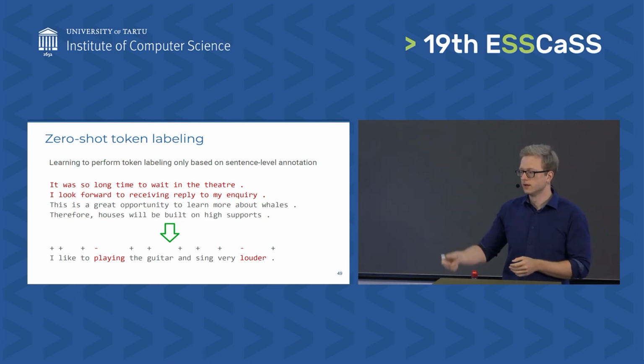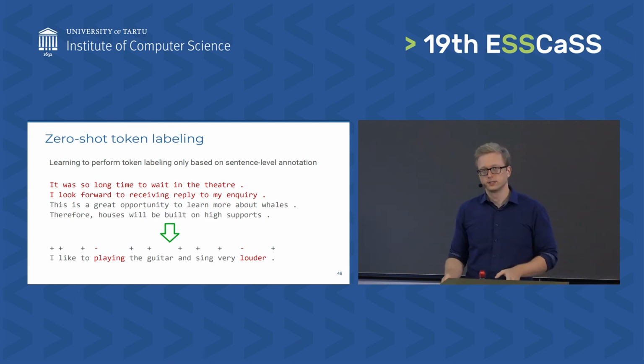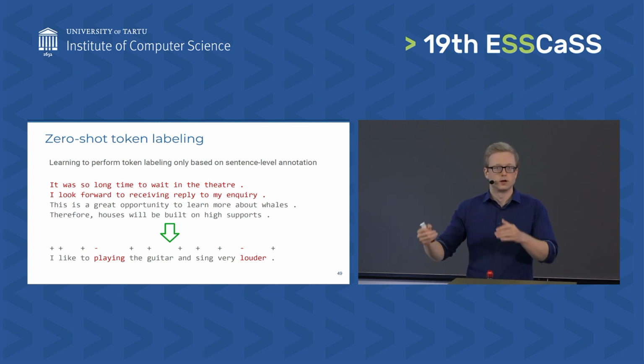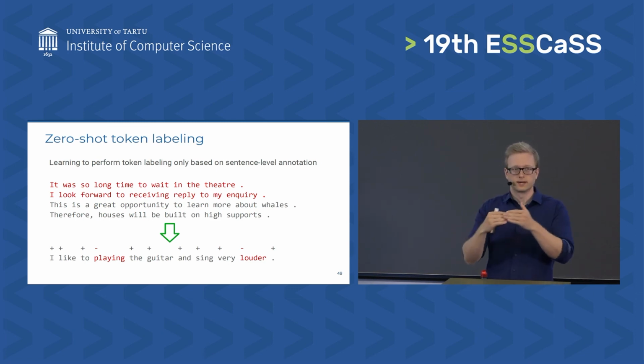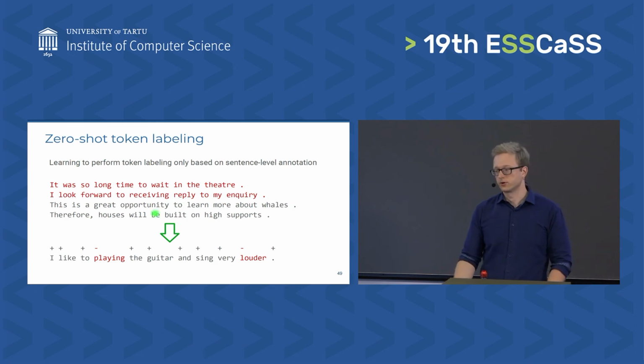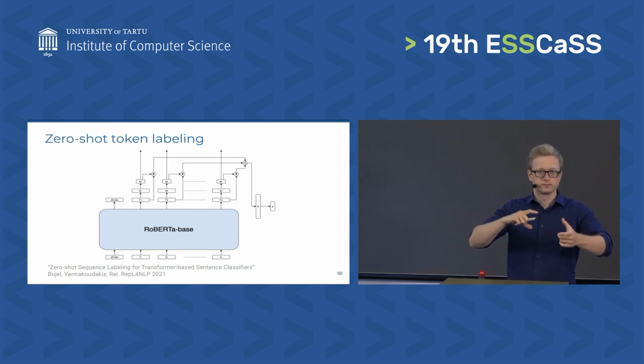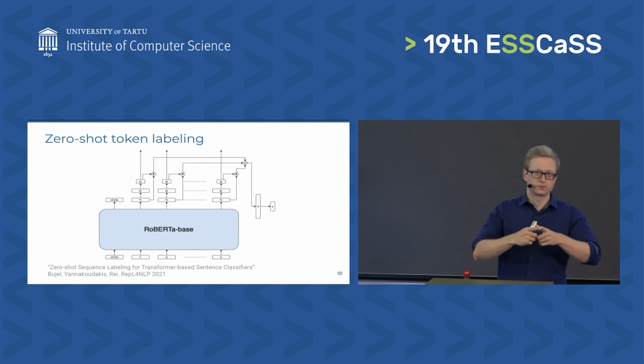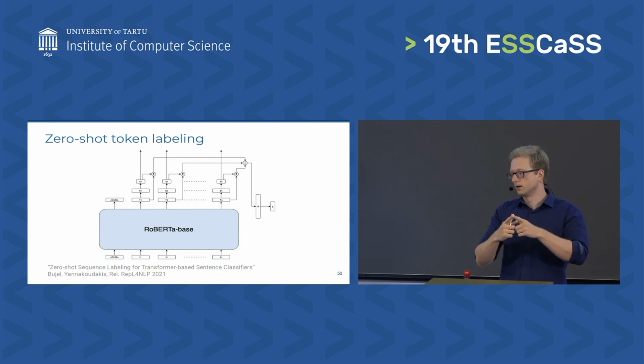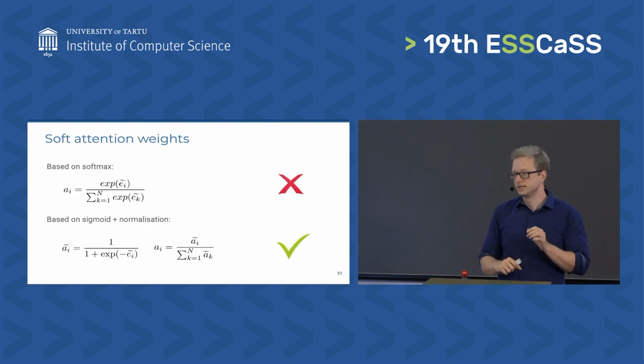So in this case, the task is grammatical error detection. Can we train the model for classifying sentences, but have it make predictions about which words in the input are grammatically correct and which ones are incorrect? And it turns out we can do this. We can put a self-attention network on top of the transformer model. And with a few modifications, we can make it into a token classifier.